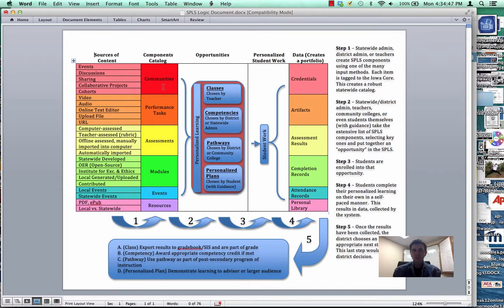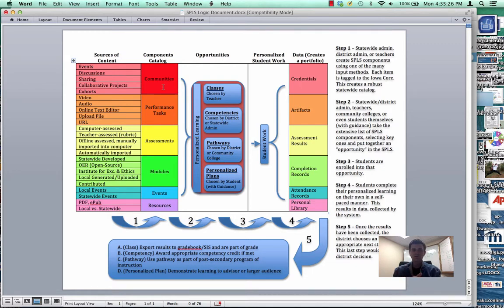One of the problems when it comes to personalized learning and implementing it in the class is that we're so worried about what it means and how it functions that we don't have any tools to really bring that about in the classroom. What we want to do is create a system that could work with whatever definition of personalized learning a school used. So in this case, if a school uses the definition like a teacher might with differentiated instruction or competency-based learning, standard-based grading, pathways for higher learning or personalized plans, regardless of what it is,